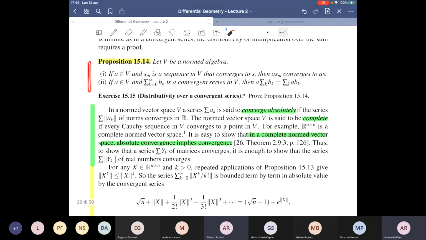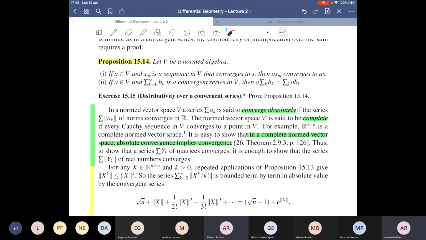And now in a normed algebra, you have some results that you can show for convergence of sequences and of series. These are results, if you want, similar to results that you already met in analysis. In particular, if you have a normed algebra, take any element A in V, and take any sequence in V that converges to S, then as a consequence of this convergence,